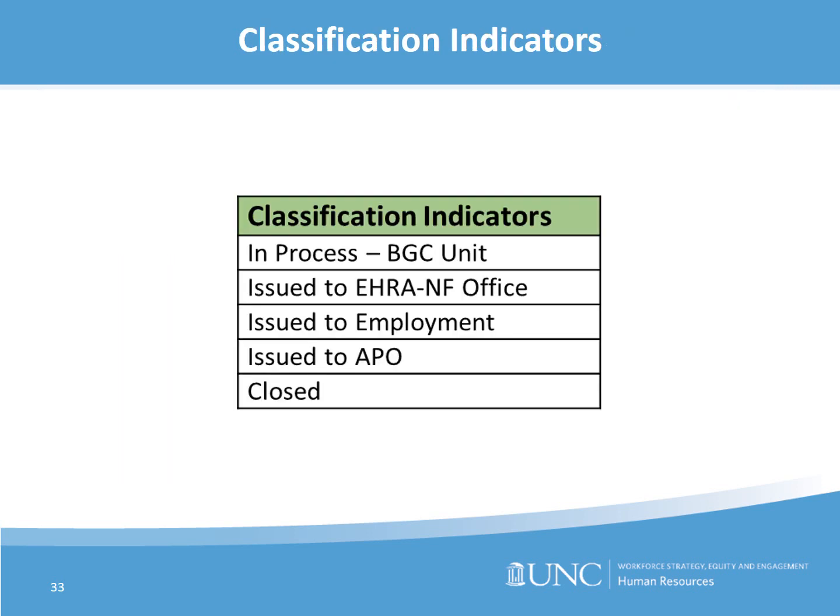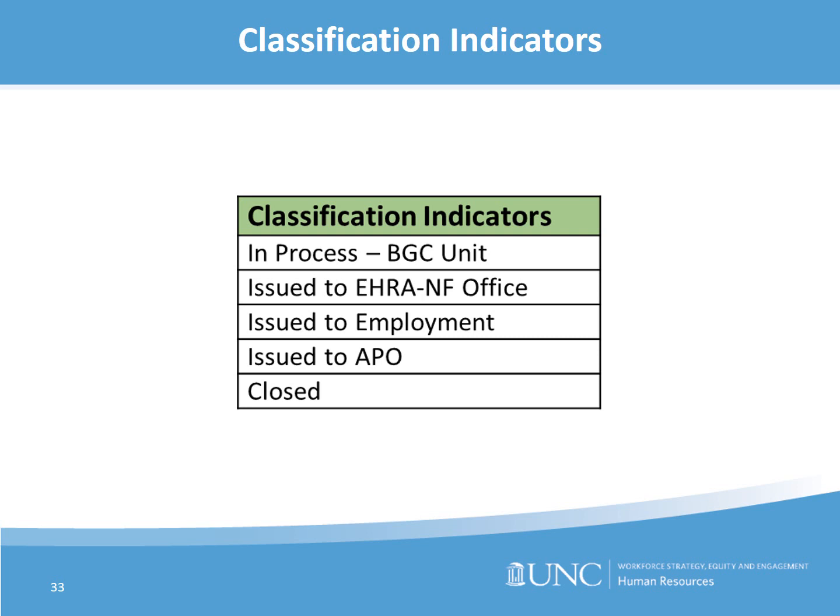When reviewing the status of a background check on your school or department home screen, the applicant will be coded as one of the classification indicators listed. These classifications will change as the background check moves through the approval process. The classifications are In Process, BGC or Background Check Unit: the background check is still ongoing at CastleBranch. Issued to EHRA Non-Faculty Office: